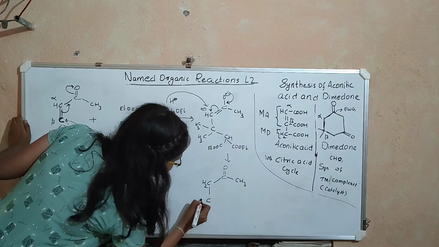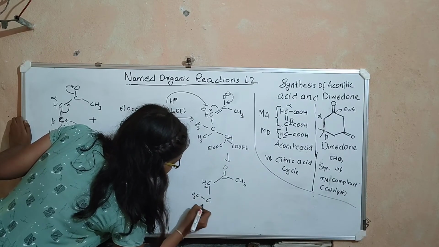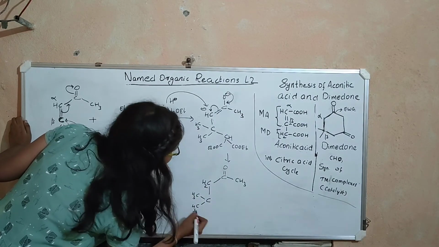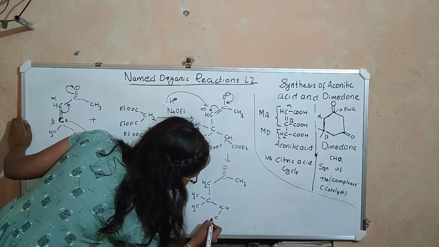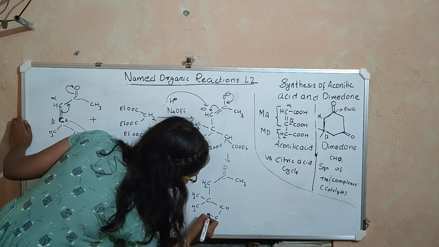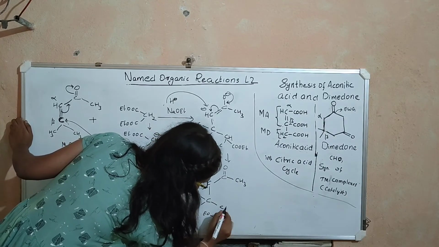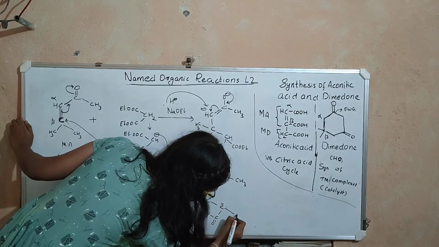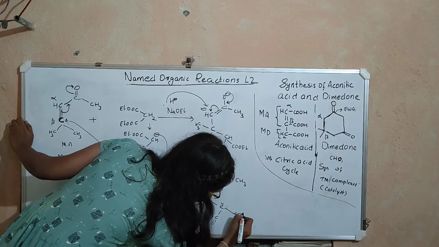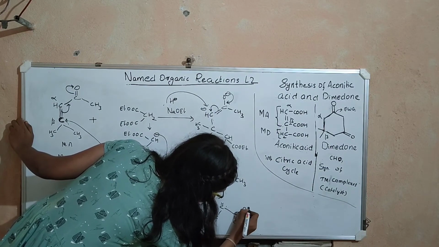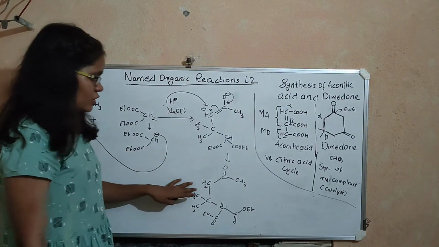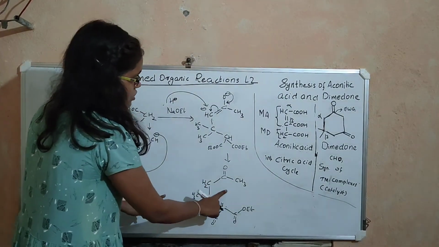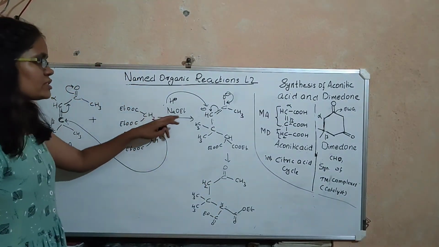Single bond C, you have two methyl groups, and you have CH, C double bond OOEt, CH, and C double bond OOEt, okay. So this is your product, but the reaction does not stop here, because you still have the base